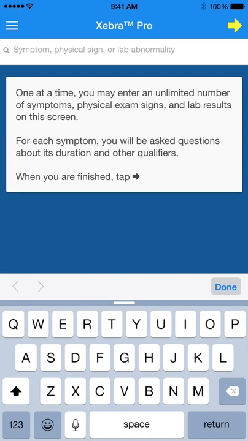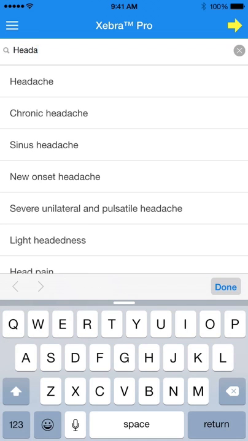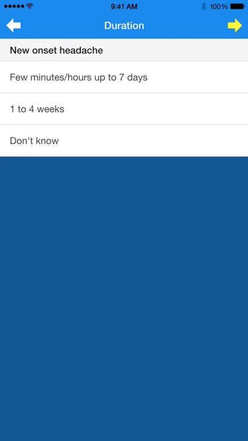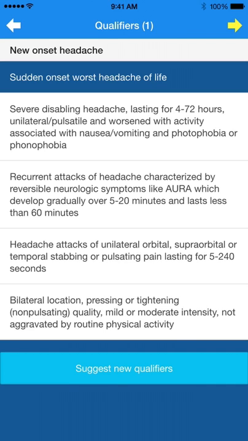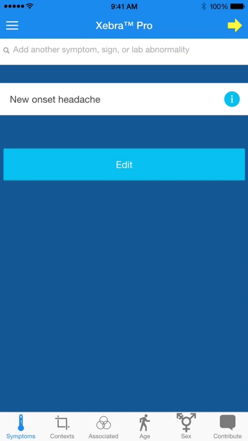Here, you may enter any number of symptoms, signs, or lab abnormalities in any combinations. Let's say headache, new onset headache. It will ask a duration. You can answer that. And then certain qualifiers. Okay. Click on the right upper corner. This arrow will take to the next page,